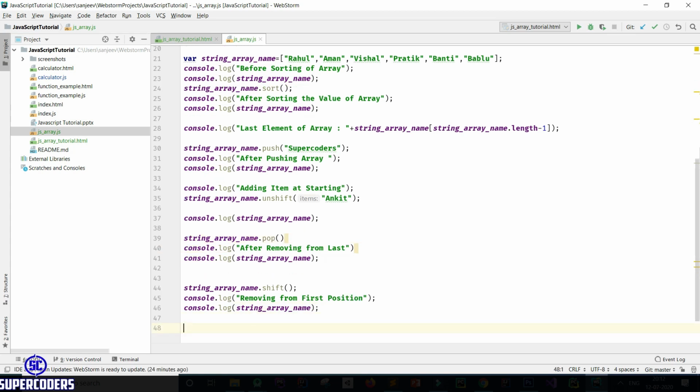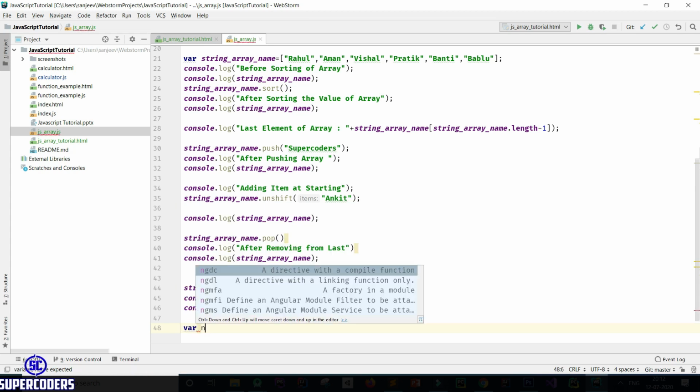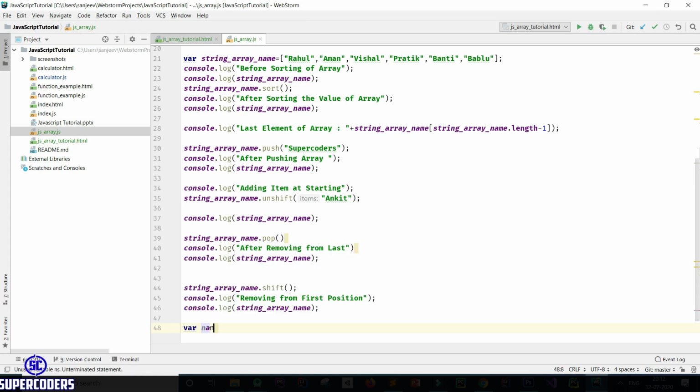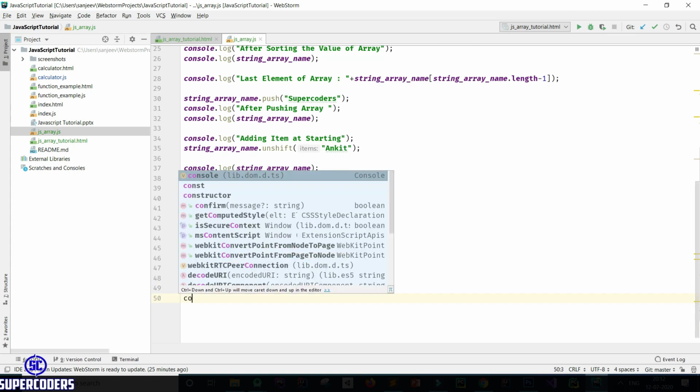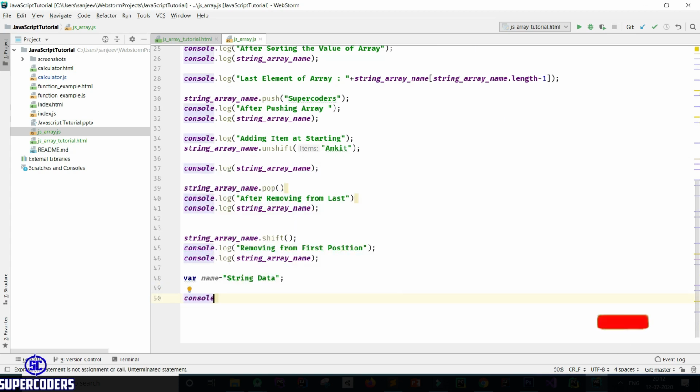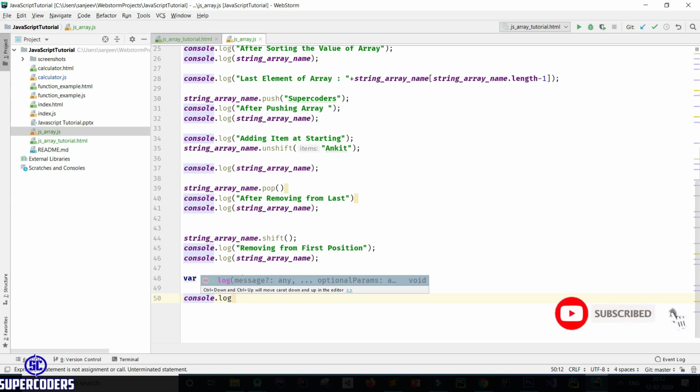Now let's see how you can check whether a variable type is array or string. So let's see how you can see this, like name equal to string data. So this is a simple example. First this is string data. Now let's see how you can check whether this is array or string.